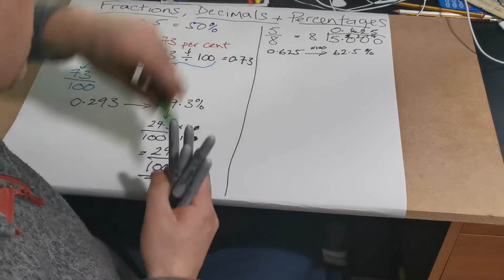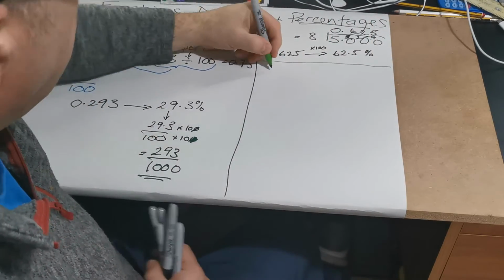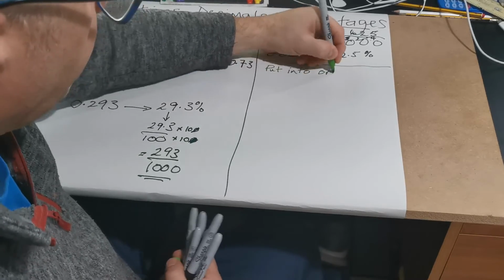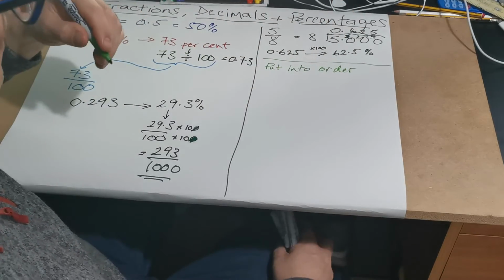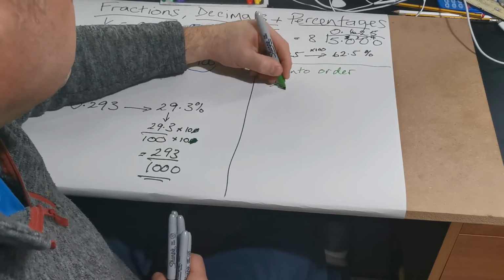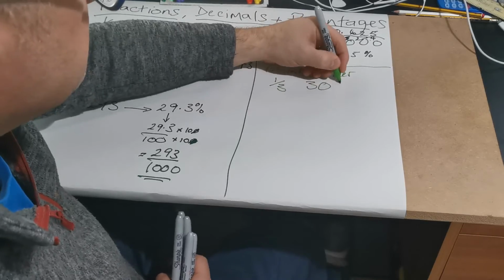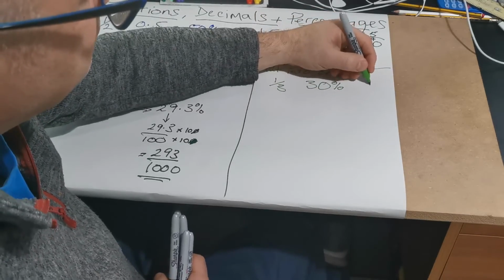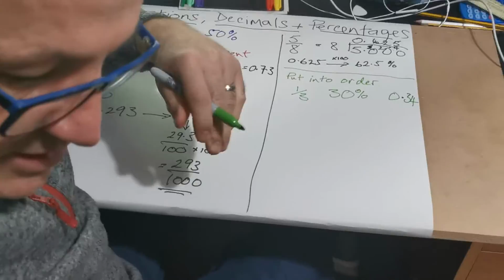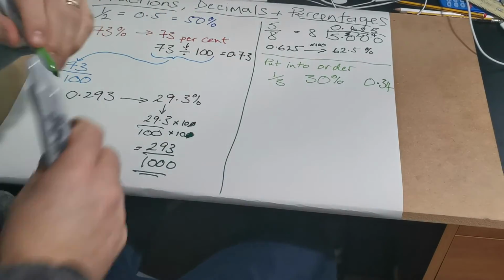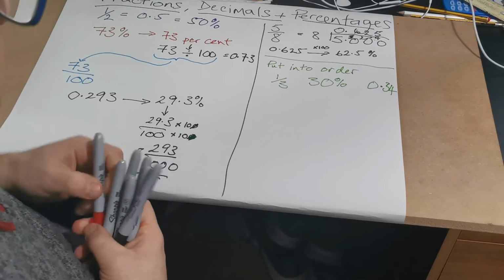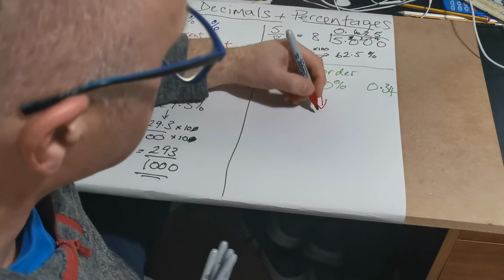Now, a typical question on this type of thing could be to put numbers into order. And you might get something like a third, 30%, and 0.34. So when we're doing that, we might want to convert them all to the same thing. So I might say that that is